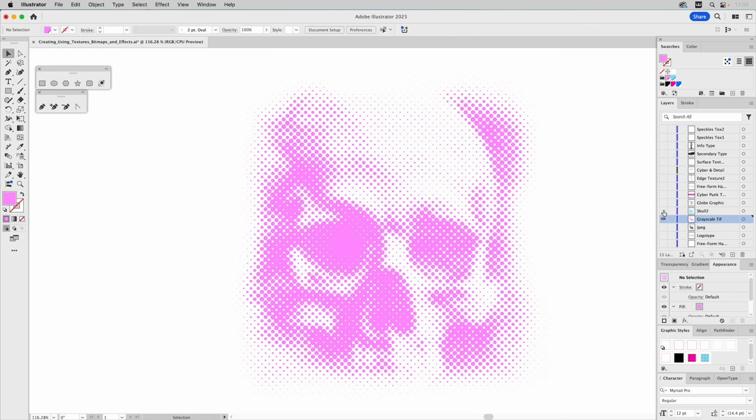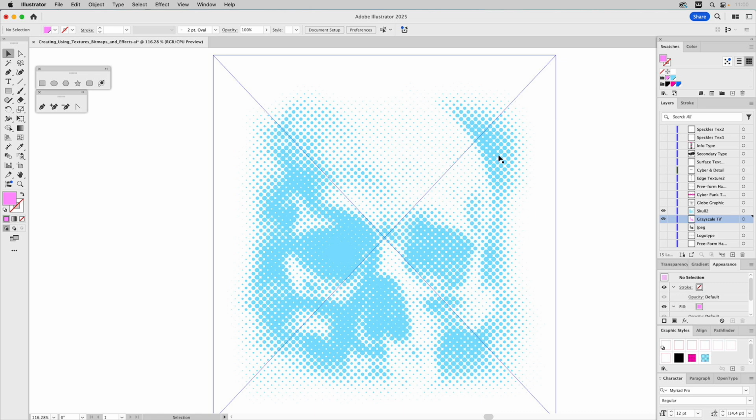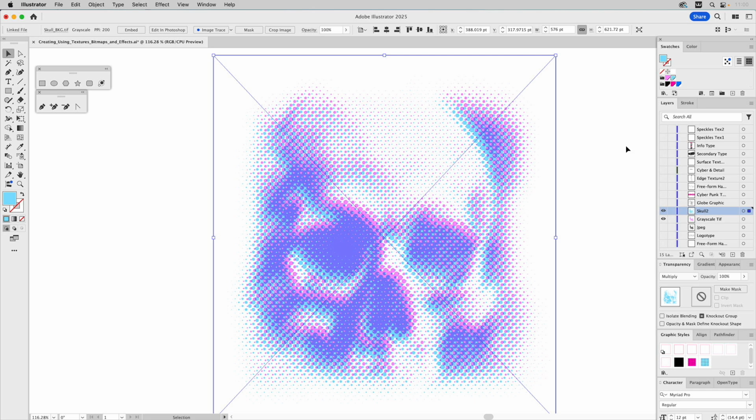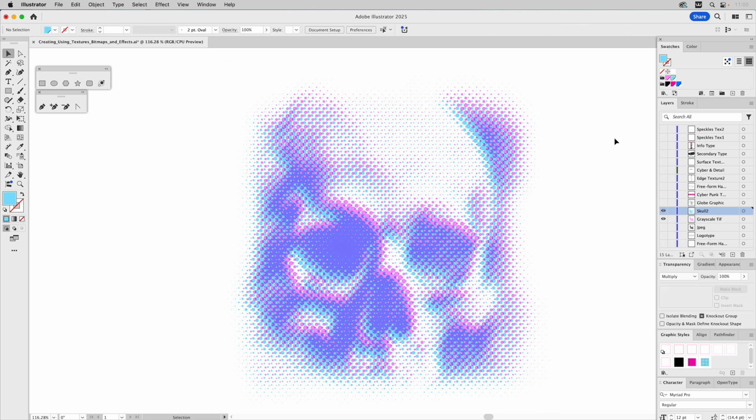Then, of course, I can take a copy of this like this, and this is on top. But once again, because it's a grayscale, what white is not transparent, but that's okay. We can have it selected, go to transparency, and set the blend mode to multiply. And now you can get some really cool effects by applying blend modes and colors and halftone effects to a